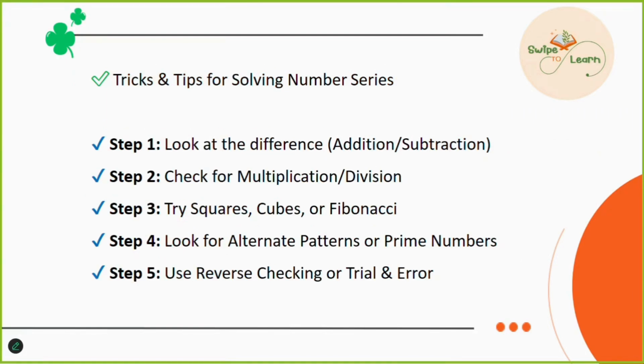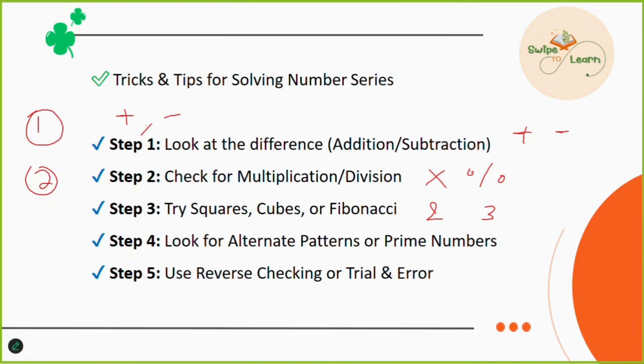So here are some quick tricks which are used for solving number series. So listen, when you are solving the number series, the very first step is to check whether there is addition or subtraction with a constant term. That means addition of only 2 for each term, subtraction of 2 for each term, like this. In the next step, you check for multiplication or division. First you find plus or minus, then you find multiplication or division, then you find squares or cubes.